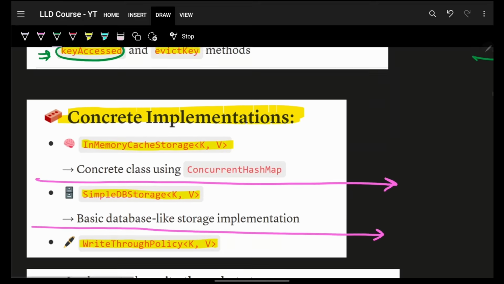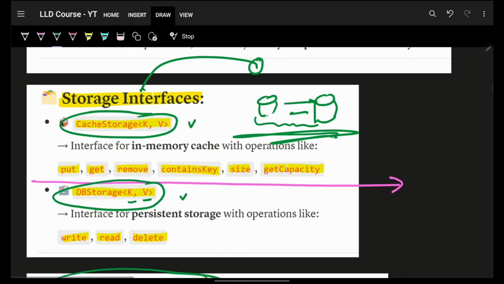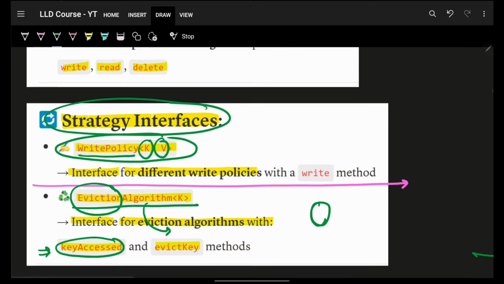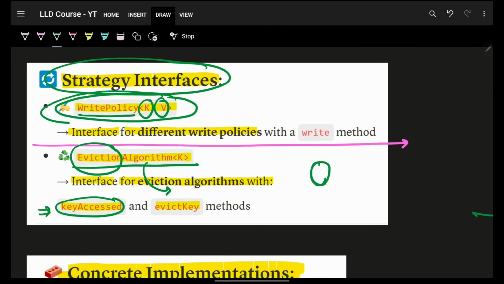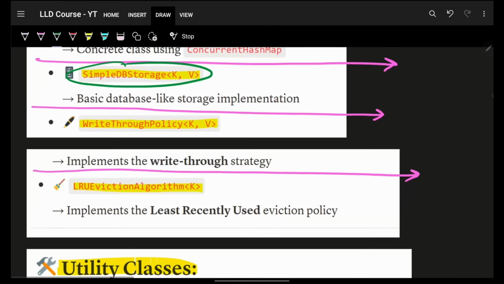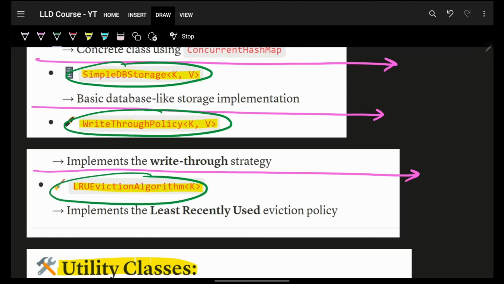Now next, because we have those storage interfaces, I will have concrete ones, which I mentioned also: in-memory cache storage and simple DB storage. And I will also have concrete implementations of write policies. So I'll have a write through policy and I will have an LRU eviction policy. So again, if I just show you,